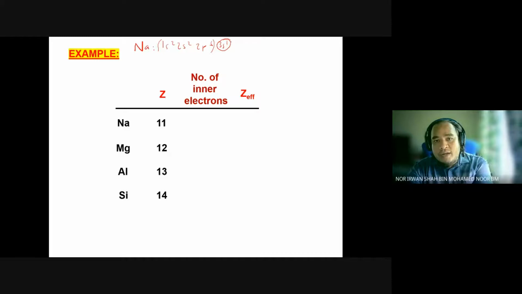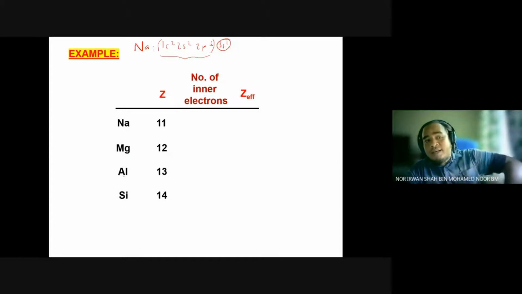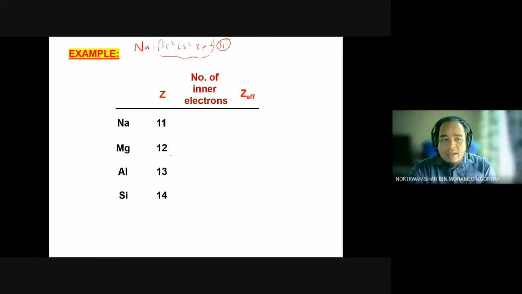So kalau this 1 electron is the outer electron, yang the rest ni apa? Yang the rest itu adalah inner electrons. Jadi for the case of sodium, sodium ada 10 electrons. Okay, 10 inner electrons. And then kalau you guys do for the rest of the magnesium, aluminium and silicon ni, bila you guys tuliskan dia punya electron configuration masing-masing, dan bila kita tentukan outer electrons, inner electrons,